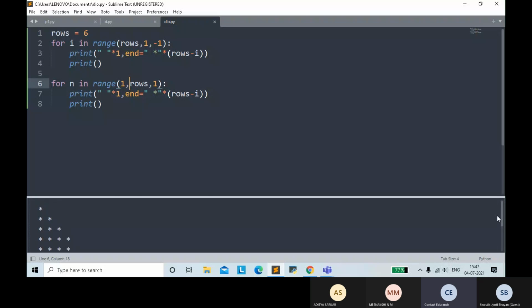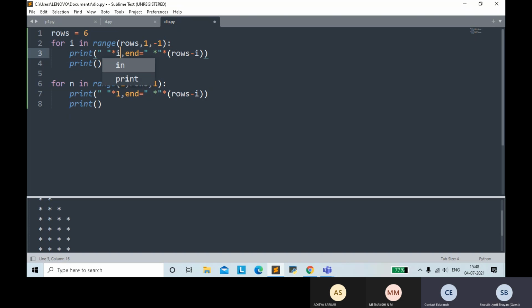No, see, here you have to multiply the space with i, not 1. That is the first mistake. In row number 3, you have only printed the space one time. You have to print i number of times.